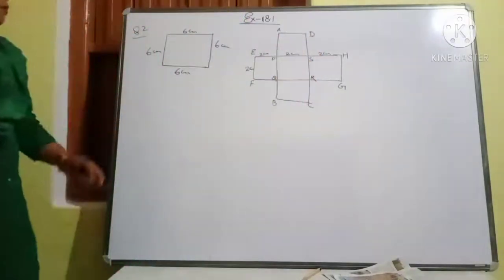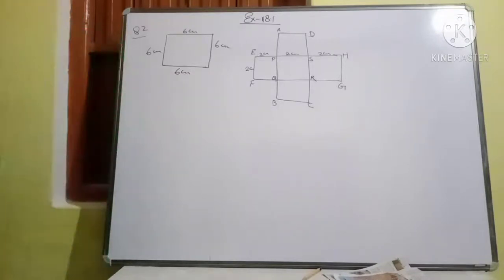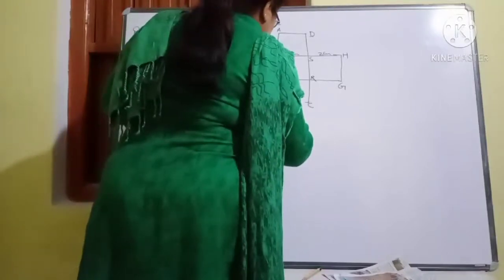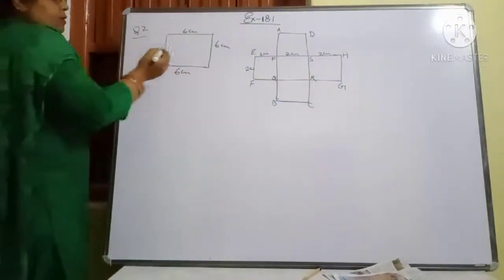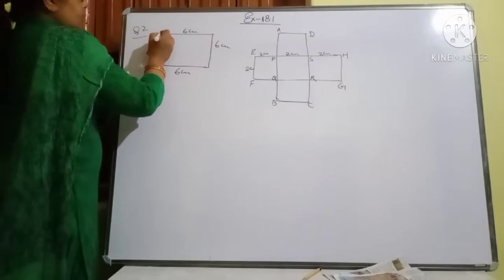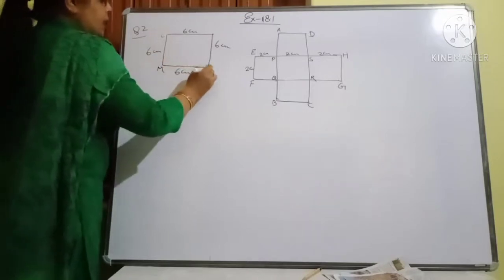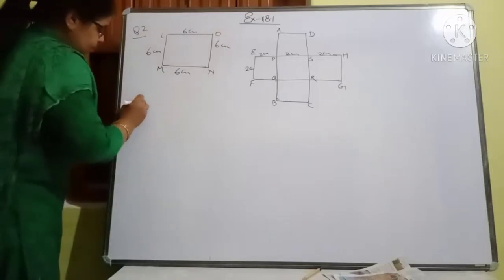Beta, what we have to do in these two questions? Just listen here. We have to find the perimeter of the given two figures. So what we will do, just try to understand first. Suppose it is a square, L, M, N and O, a different name I have given to it. So write that perimeter